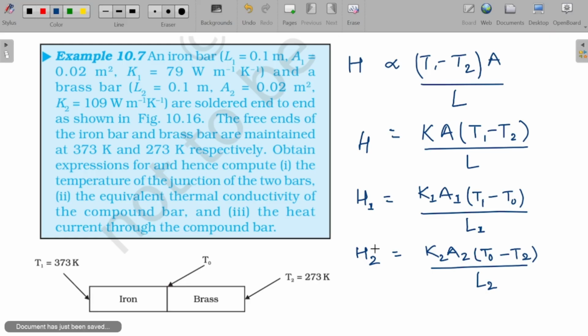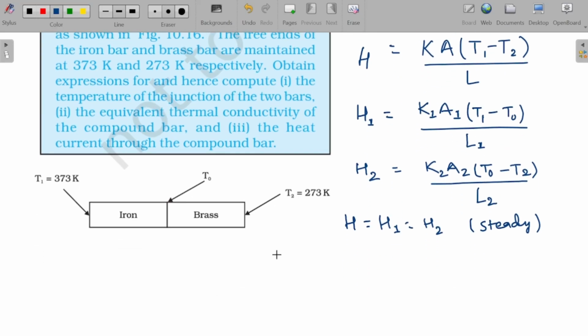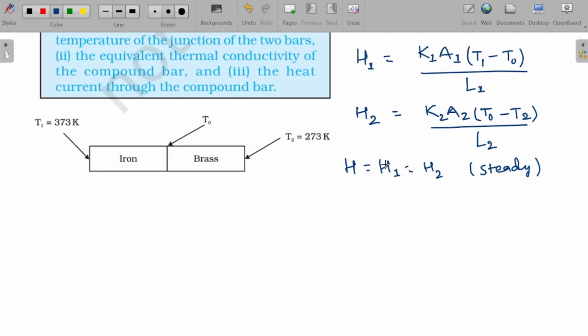Now, what is the main thing here? In a steady state, this heat current H across this complete system, or this compound bar, you can say, will be equal to this H1 and H2, not the sum. All these three things are equal. That is, the overall heat current should be equal to the heat current through the iron bar, which should be equal to the heat current through the brass bar. Steady state we are talking about, means there will be a continuous heat flow. Okay, so if we take this into picture, that is H1 equals H2, we can write